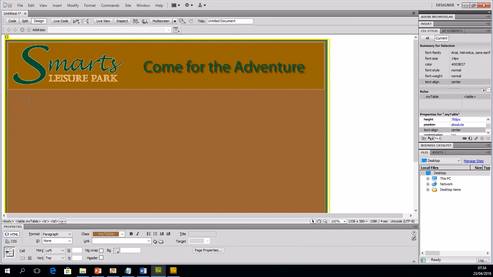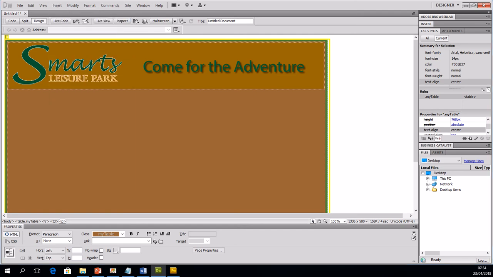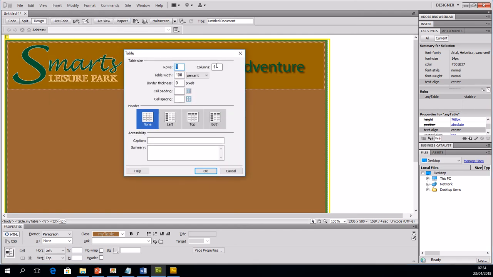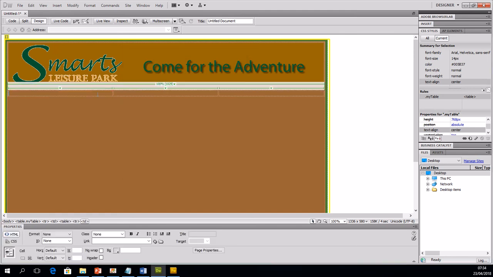So next thing we want is the navigation bar. You can either have it down the left side or you can have it across the middle. It's entirely up to you with your design decision. I'm going to insert another table here that this time has 3 columns, and I'm 100% still, everything else stays the same, and I'm just going to insert that to put my text in. I'm going to highlight all of these and make them center so that my buttons look a little bit better,